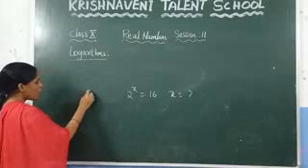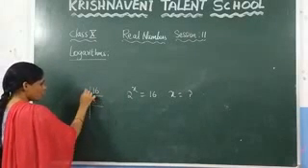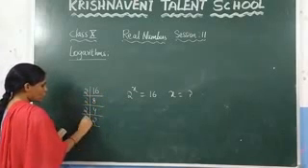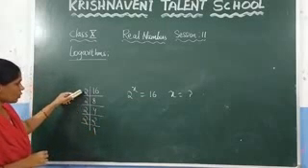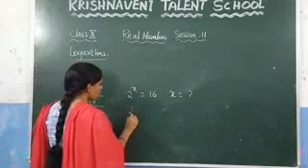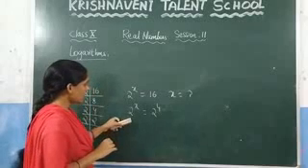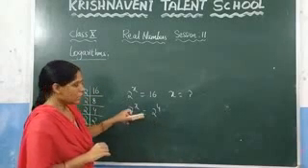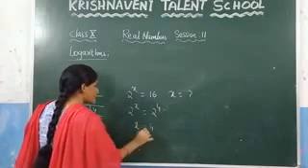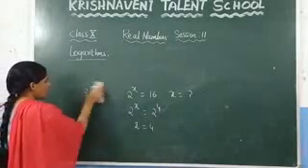How do you factorize this 16? You can write it as 2 2s are 4, 2 4s are 8, 2 8s are 16. How many times is 2 repeating here? 1, 2, 3 and 4. So you can write 2 power x is equal to 2 power 4. You know that if the bases are equal, then we can equate their powers. So from this you are getting the value of x as 4. Like that you can solve if you want to find the value of x.